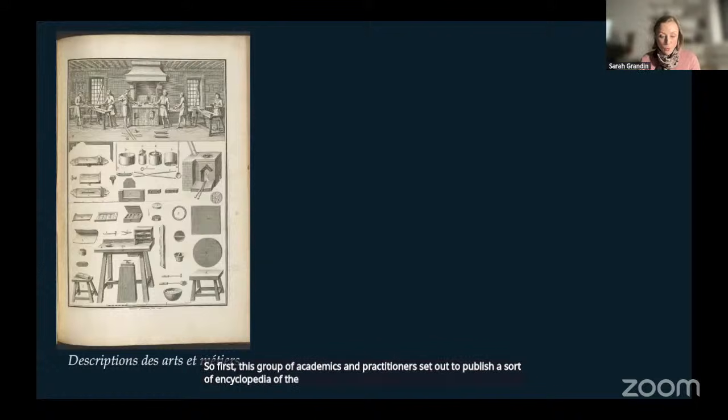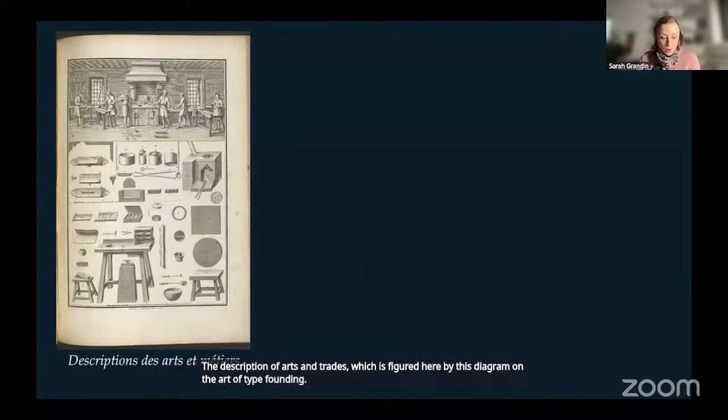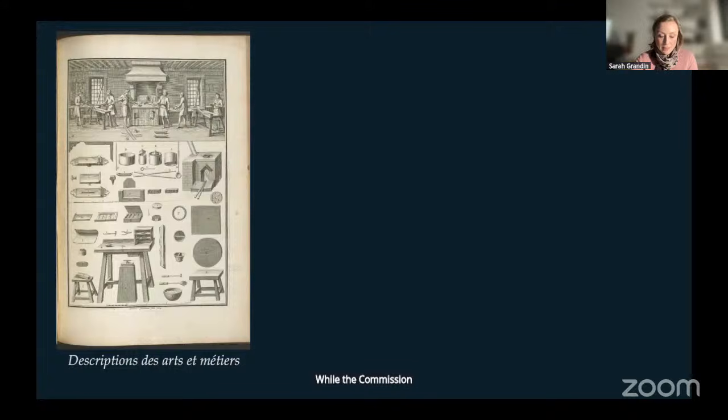So first, this group of academics and practitioners set out to publish a sort of encyclopedia of the mechanical arts, which they called the Description des Arts et Métiers, the description of arts and trades, which is figured here by this diagram on the art of type founding. While the commission never completed the Description des Arts,